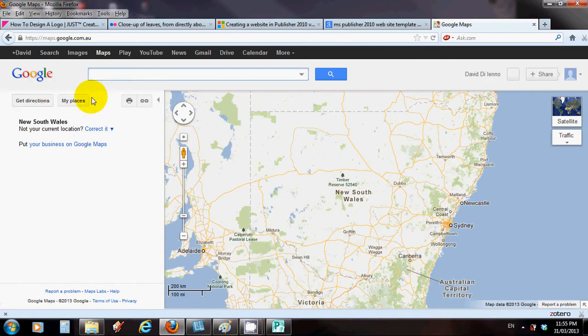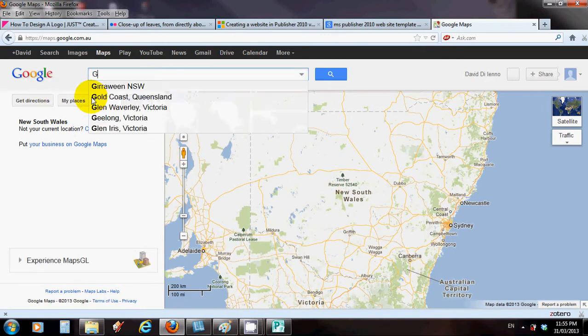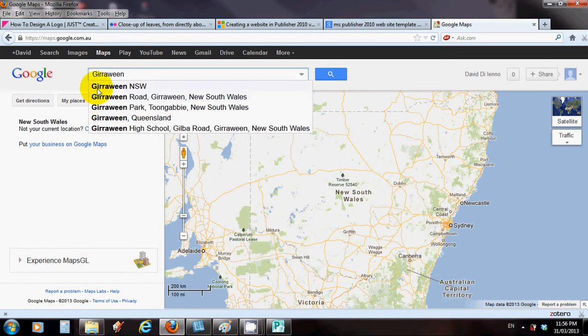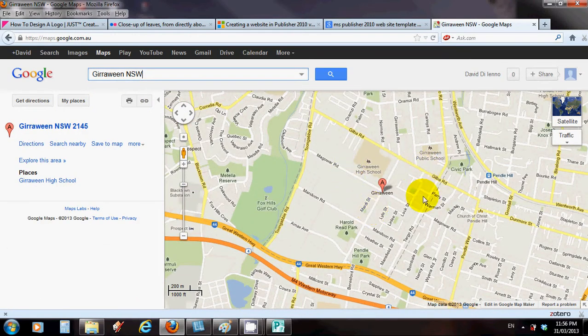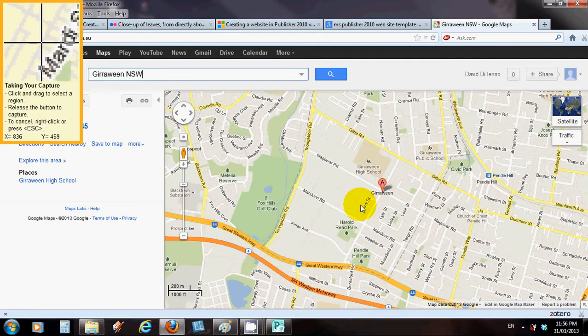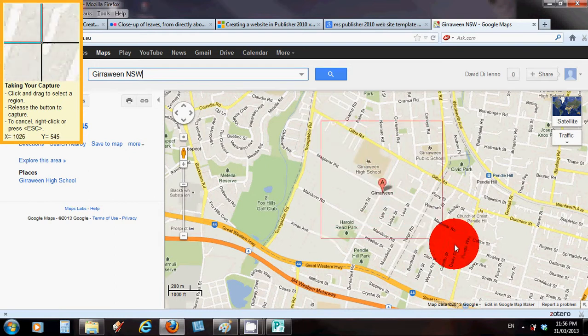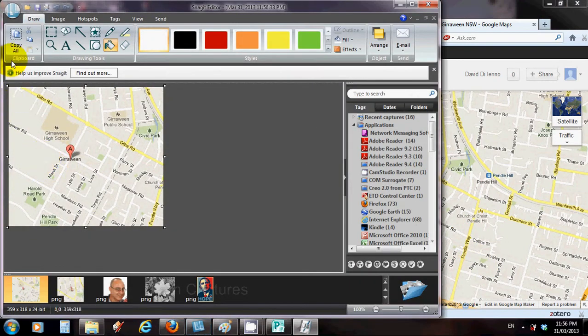I can find myself a location, and let's just say it's Girrawheen, New South Wales. Google takes me to Girrawheen, and I can find my location, pick my location, and I can take a screenshot. So on your computer, if you find yourself top right hand side where it says print screen, and click on that, you'll open up a cut and paste tool. Now in my case it's opening up a tool called Snagit, which I have. In yours it might be something else, and just take a cut out of that Google screen, and you can save it